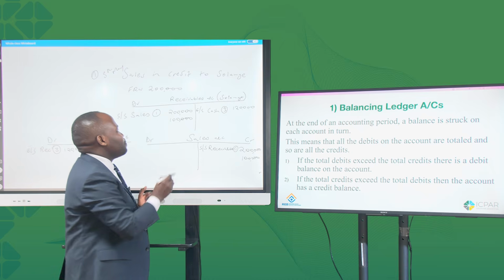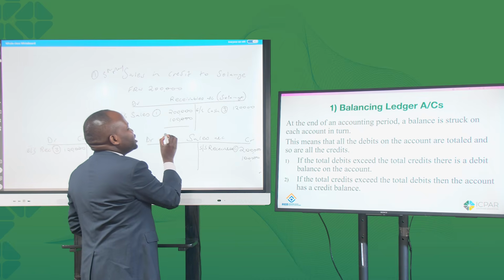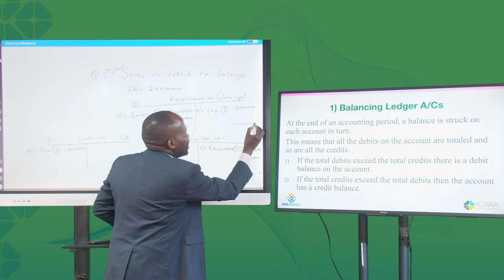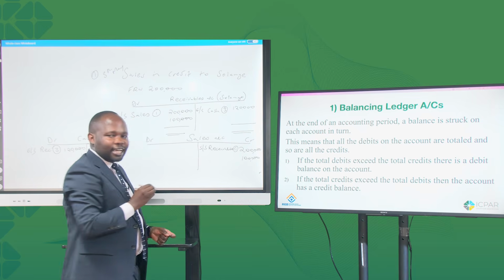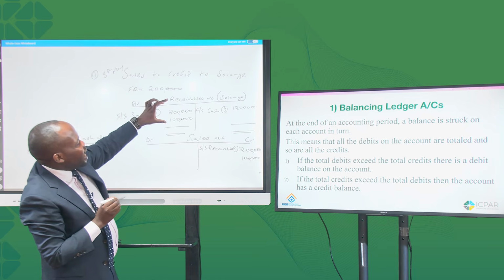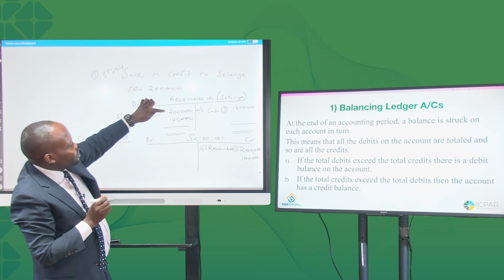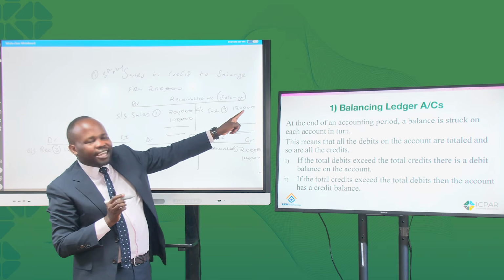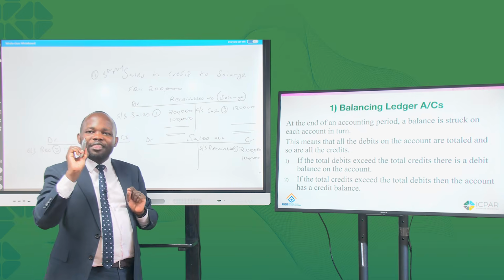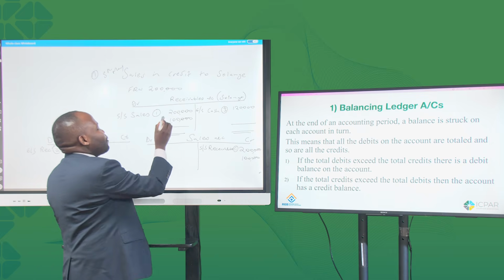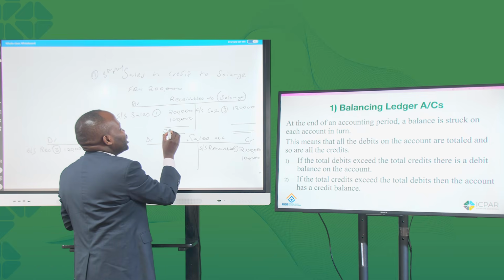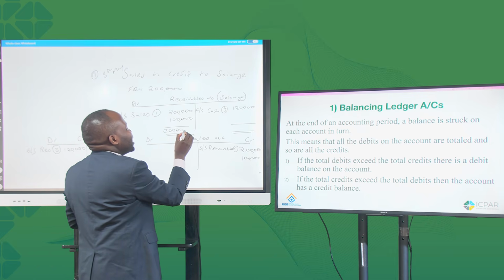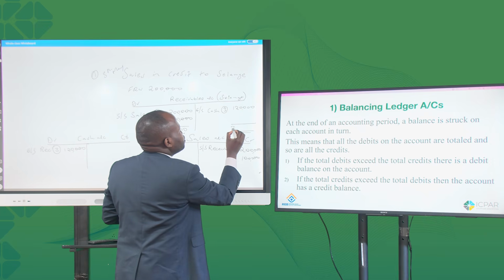At the end of the month, we come and get the total of the debit side and the total of the credit side. We record the highest figure. For example, this is 200,000 and this is 100,000. But on the credit side, it's 120. We record the highest value. So our highest value is 300,000. So that highest value is what we record,